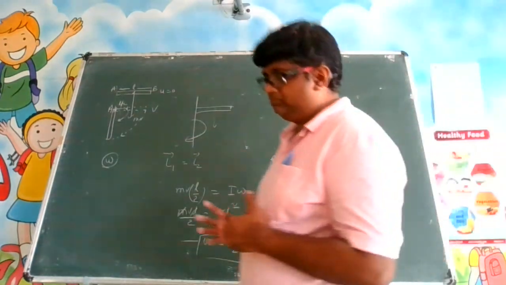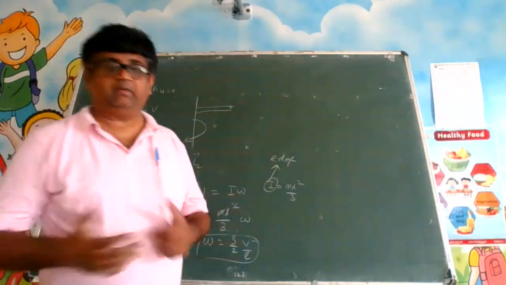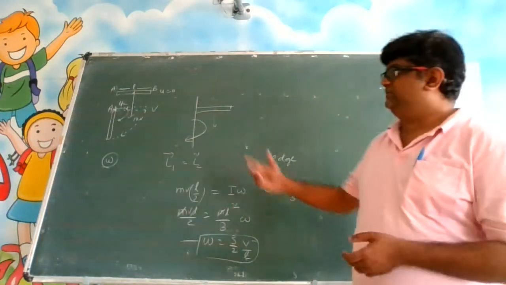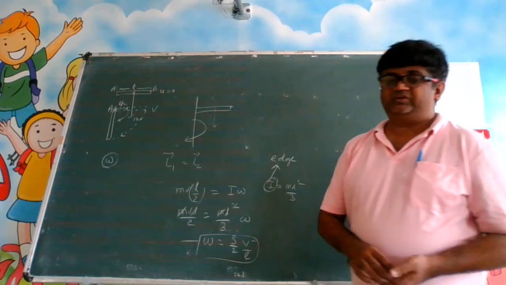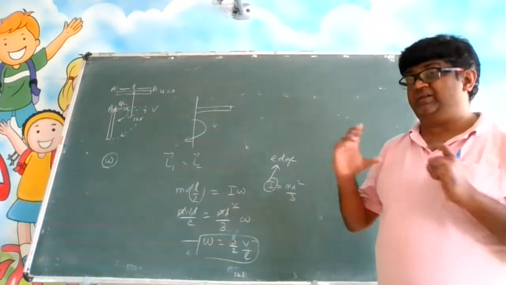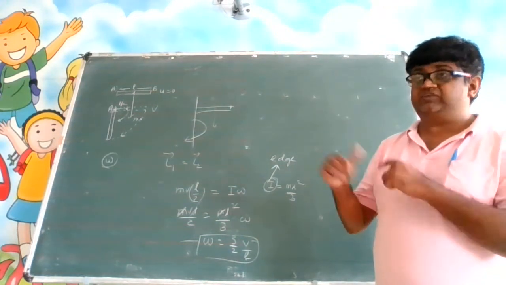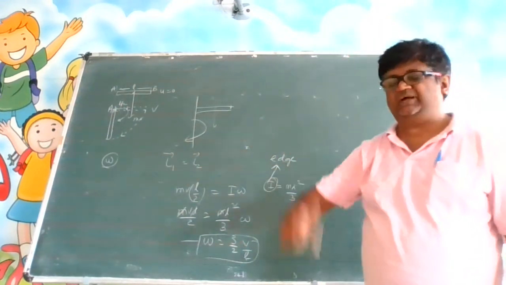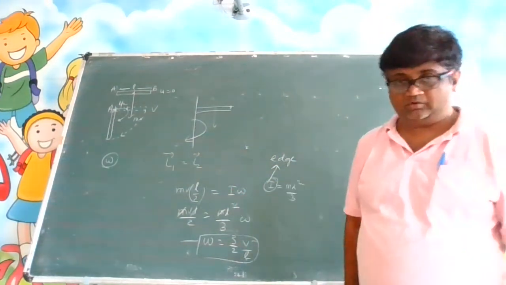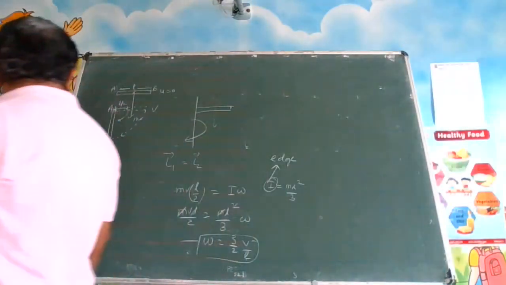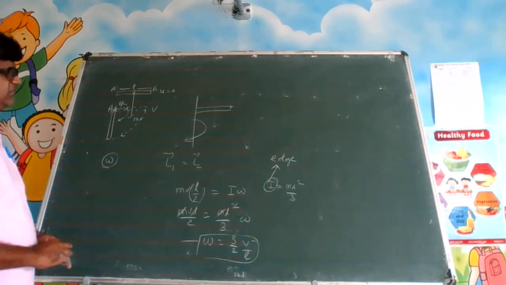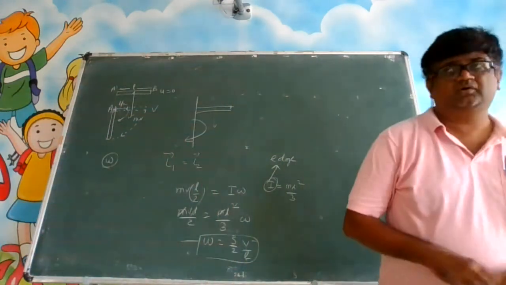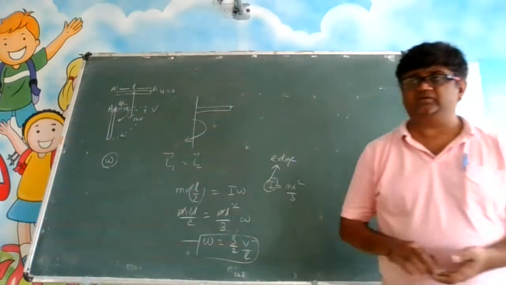You should not just memorize that angular momentum is constant. In different cases you have to see how to apply it. And I told you about when there is no torque in the system, such an example I told yesterday, so that you understand what it means, okay? So make a note of this point. I think with this I would like to complete this part. We will see some more numericals in the next class.